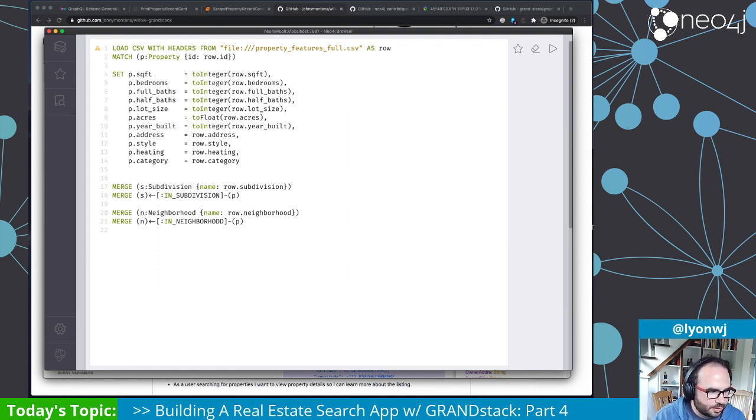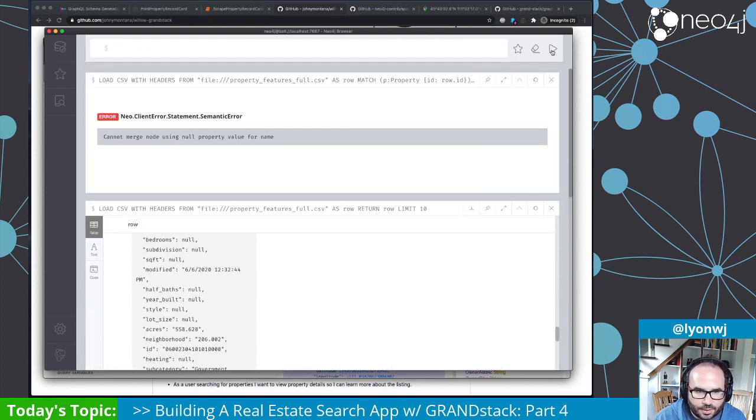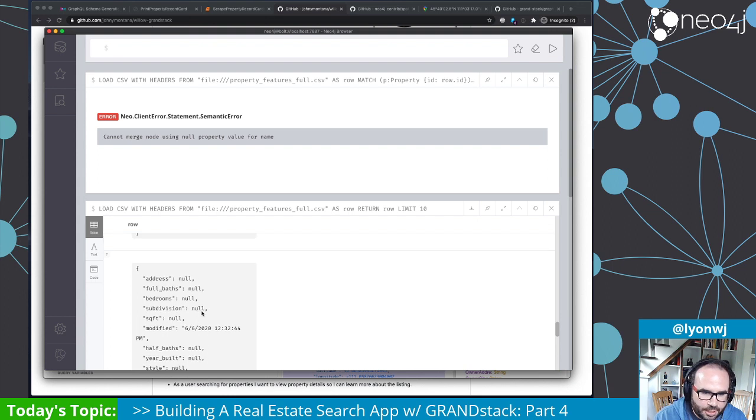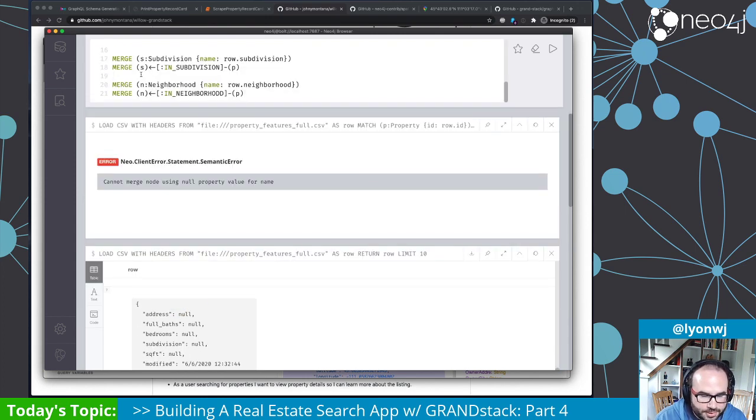So let's go ahead and find out. Cannot merge using null property value for name. So what's going on here? If we remember, we have a bunch of nulls in our data. Like here, we don't have subdivision. And the problem is here,